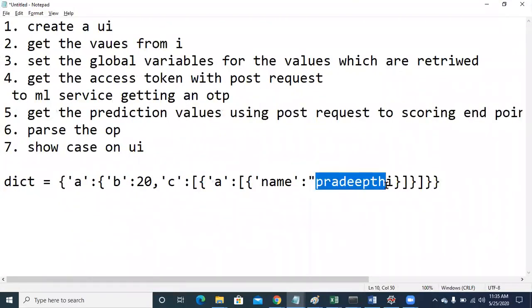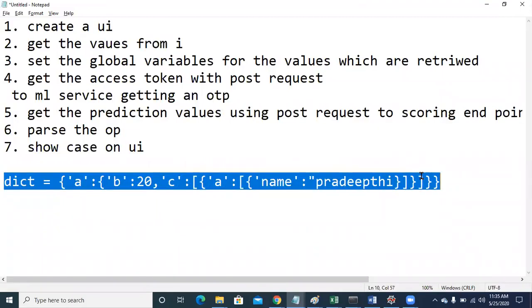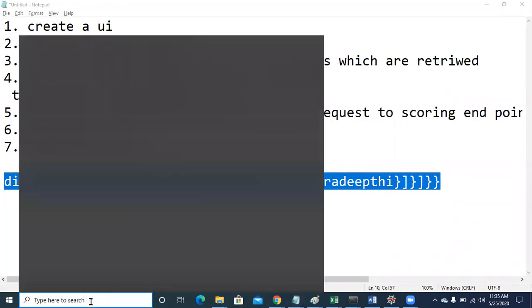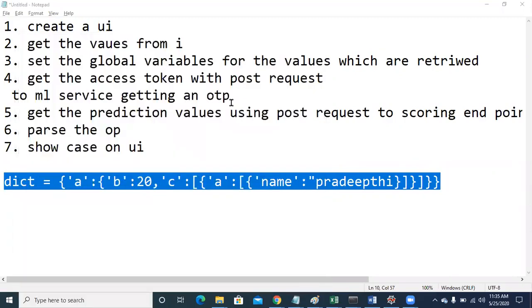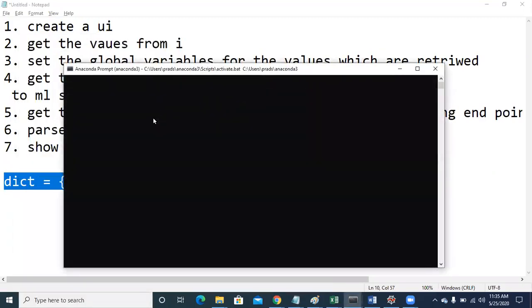Can someone tell me? How can you grab Pradeepti? You put it as 0 to 1. Is that correct, Ram?